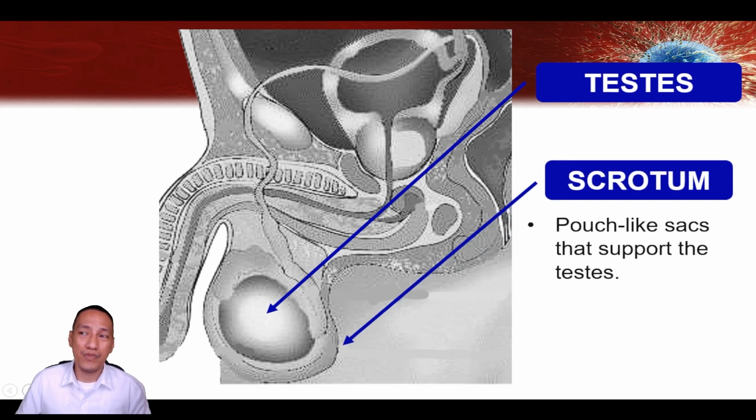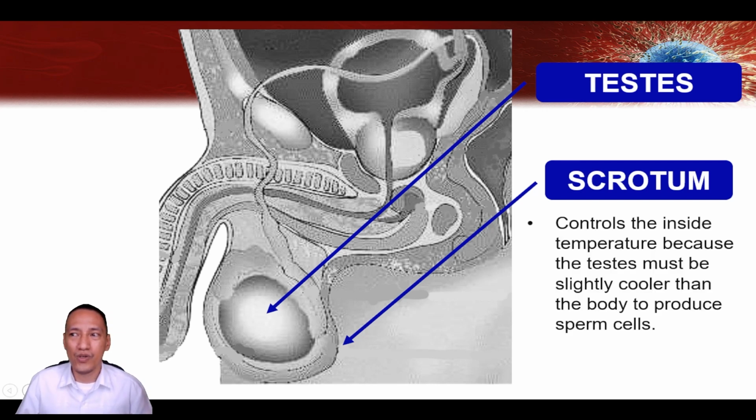So, scrotum is a pouch-like sac that supports the testes. So, pag sinabing what supports the testes, ito ay yung tinatawag na scrotum or yung balat kung saan hinahawakan niya yung tinatawag nating itlog ng lalaki. Walang mali siya, just scientific learning. So, scrotum controls the inside temperature because the testes must be slightly cooler than the body to produce the sperm